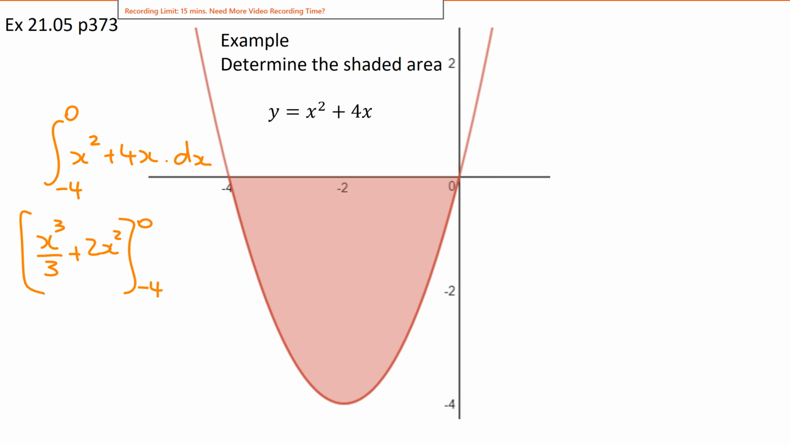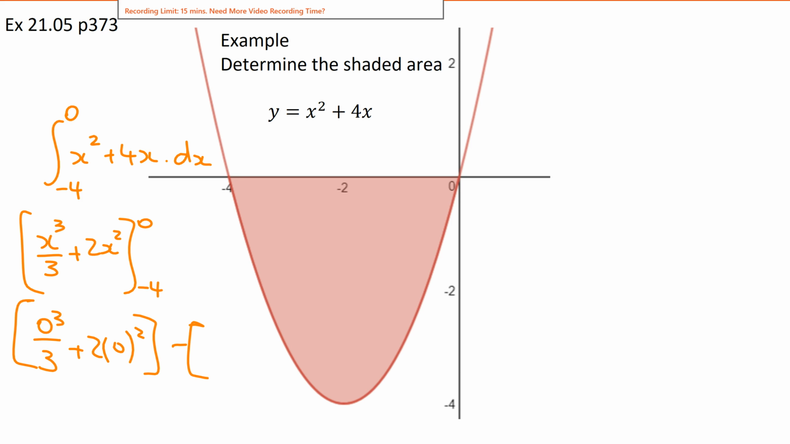For those that weren't here the other day, where does the plus c disappear to? The plus c disappears here because what we end up doing is going plus c minus another plus c, and those will cancel. Okay. This will turn into 0 cubed over 3 plus 2 lots of 0 squared